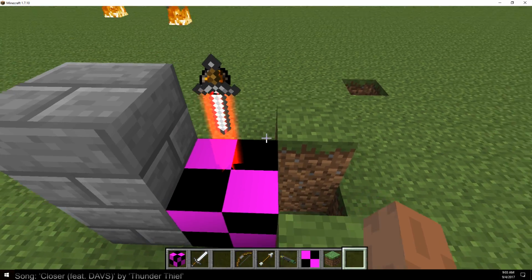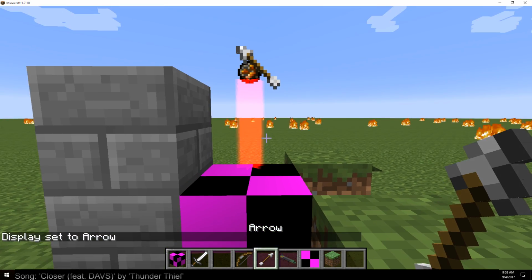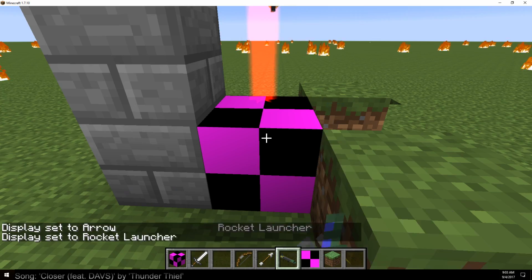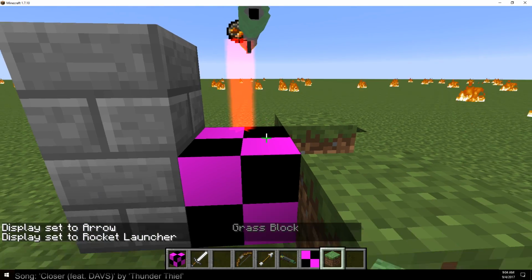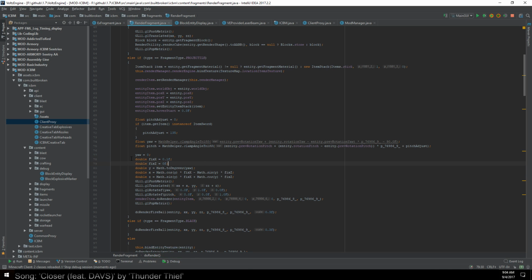There we go. And we may need to do this per item, by the way, so if I switch over to like arrow, yeah, it's not quite right. Oh yeah, so it's going to break per rocket launcher. So we may need to adjust this per item. So yeah, it definitely looks like that's what's going to happen. So what we're going to do is...